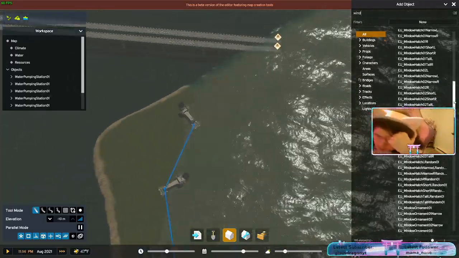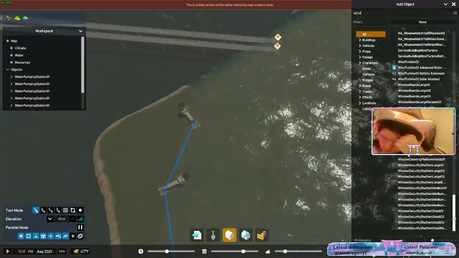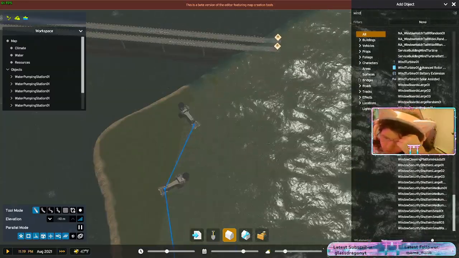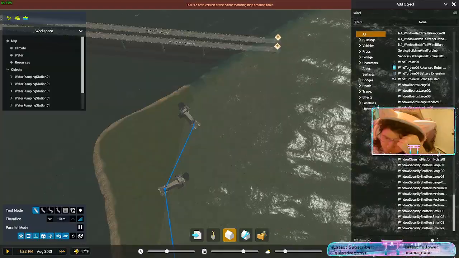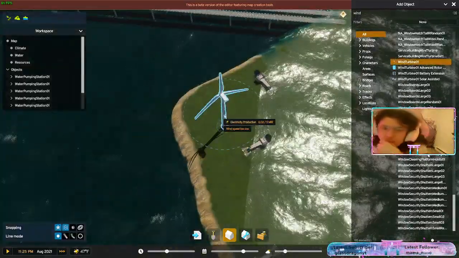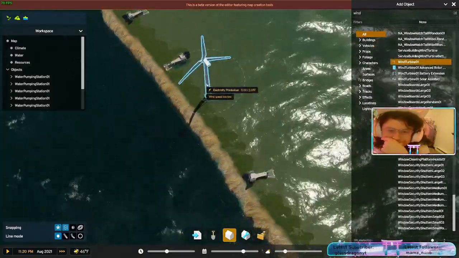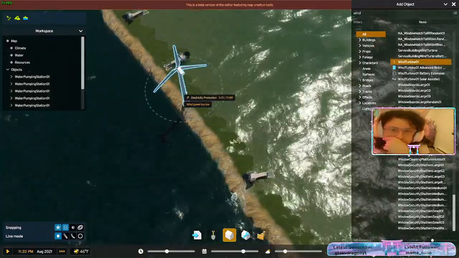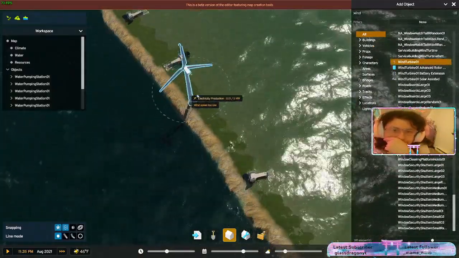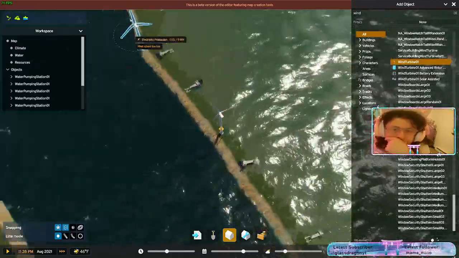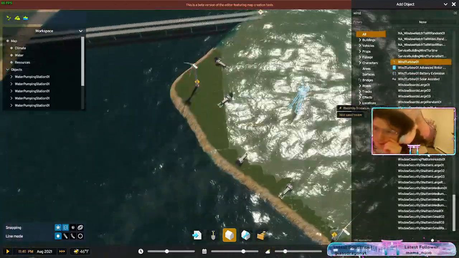Now it's just generally going to be all the way down here. And put a wind turbine there. Too low, but